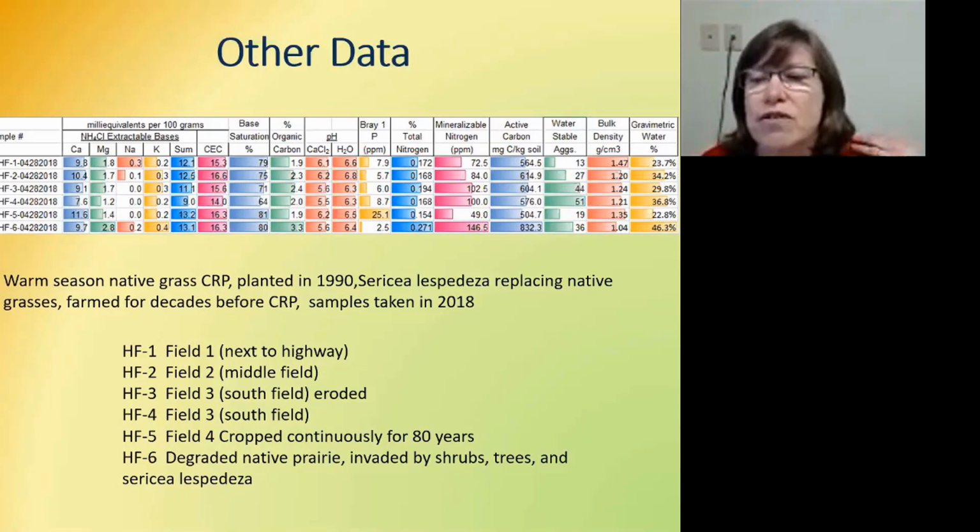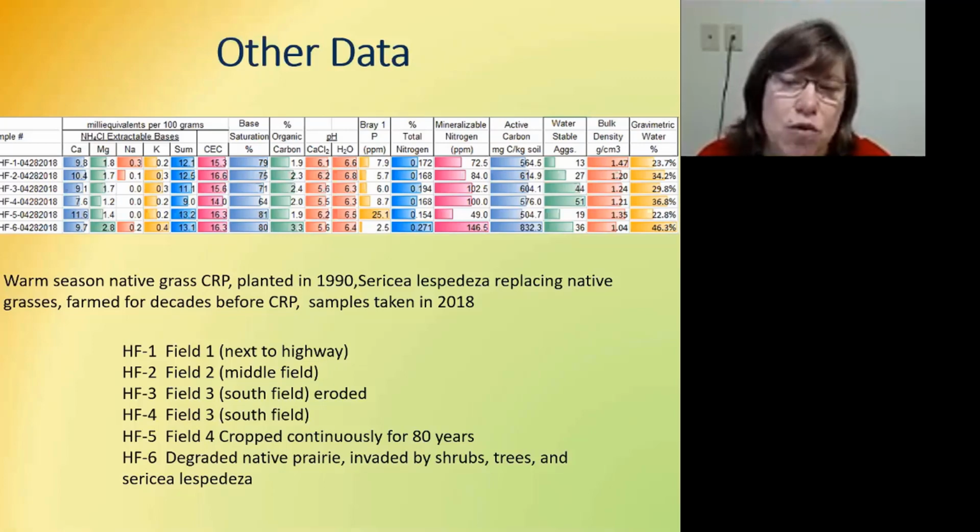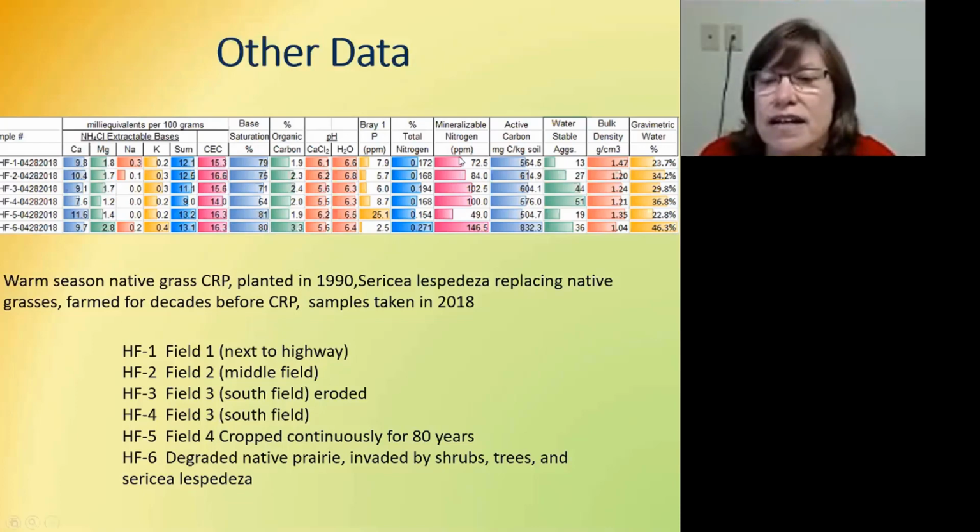I also have some other data on the above here. The 2 fields with the most fungi have the lowest pH. I don't know if that's the only reason. I know sometimes when we have low pH, there usually ends up being more difference before you see such a major difference in fungi. And if you look at the prairie, most of the chemical and physical analyses that we have up here,